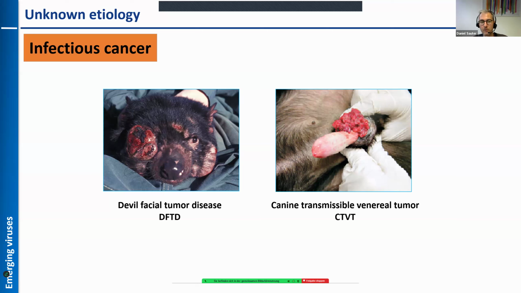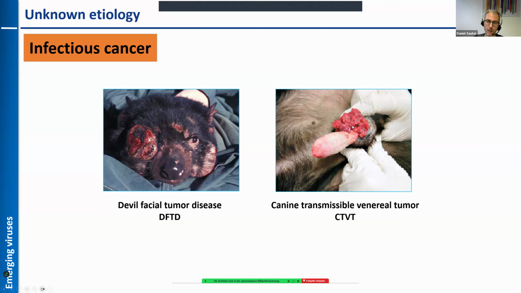And surprisingly, they are not rejected, but the tumor just continues to grow in the other individual. So if you sequence these tumor cells, they are different from the infected host. These are not transformed cells of the host, but these are ancient tumor cells that have been transmitted for hundreds